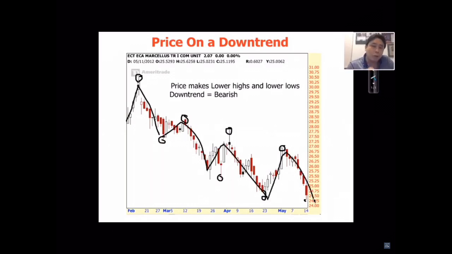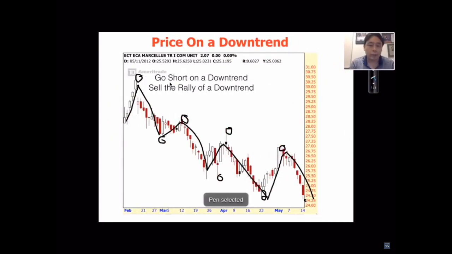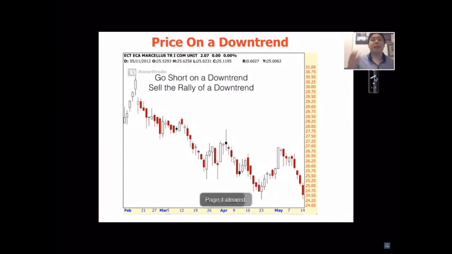Okay? So on a downtrend, you never ever want to buy. You never ever want to hold a stock. So on a downtrend, the probability is prices will continue going lower. Price always follows trend. So on a downtrend, what you want to do? You always want to sell or you want to short during a downtrend. Okay, you want to sell short. So you make money as it goes down.